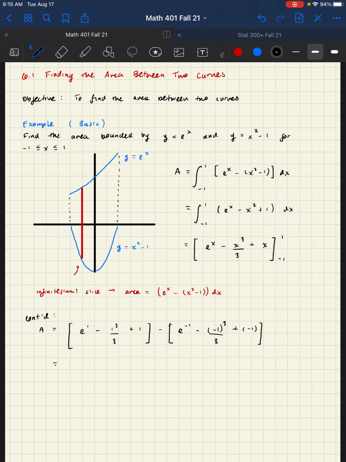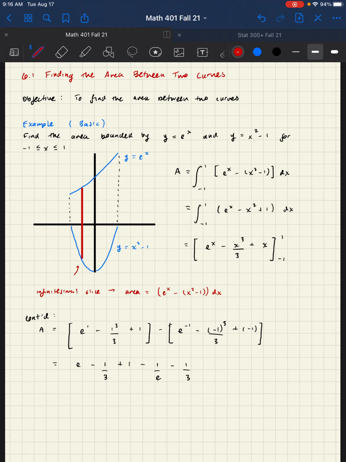And just make sure that you're following your order of operations. So e to the 1, remember that's just going to be e, minus 1/3 plus 1. Distribute the negative there, so minus 1 over e, because that's what e to the -1 means,